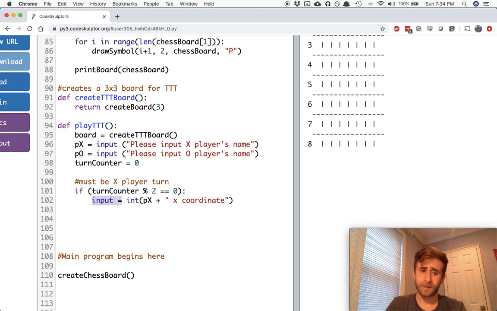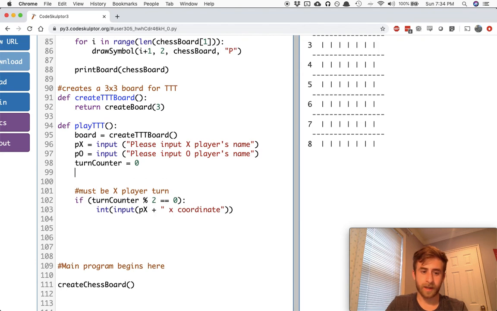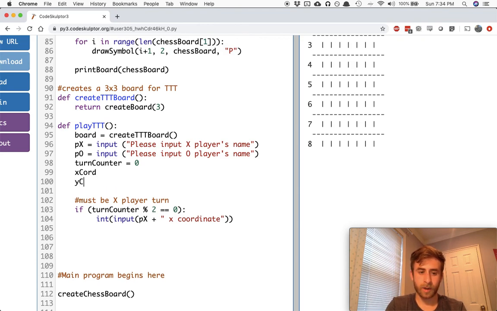What am I doing? It's supposed to be int input. There we go. And this will be, we're going to make an X coord and a Y coordinate equals none. What is it? None. There it is, equals none. Y coordinate equals none. And we're going to say, all right, the X coordinate